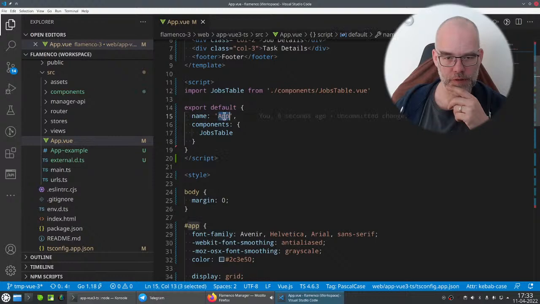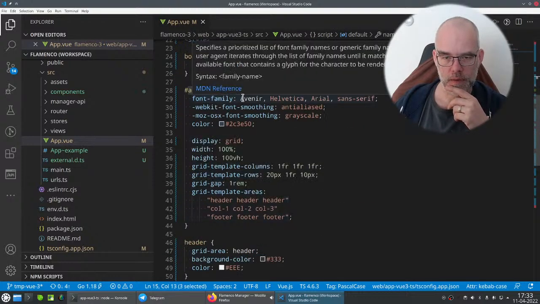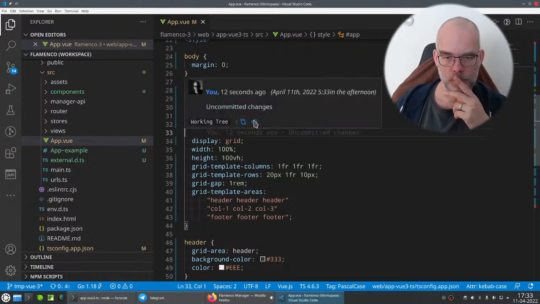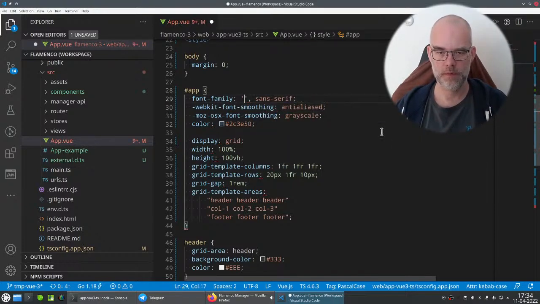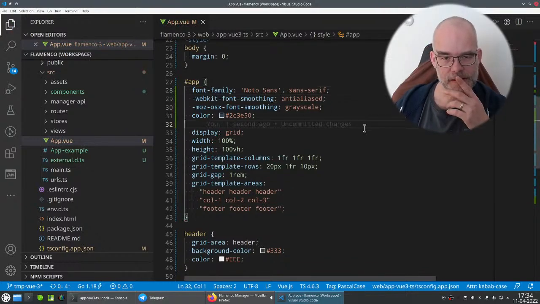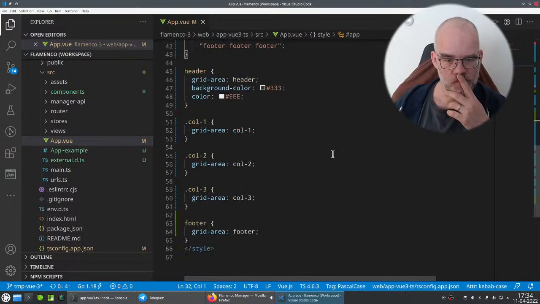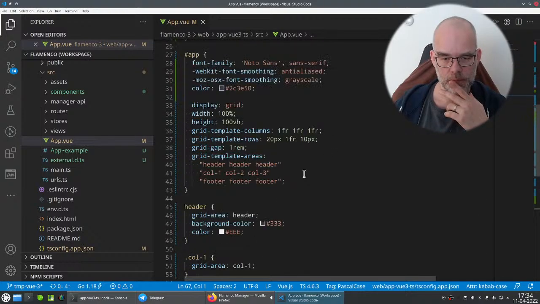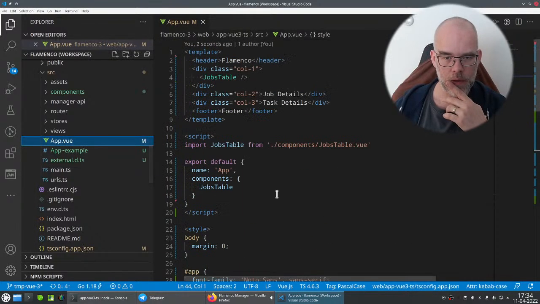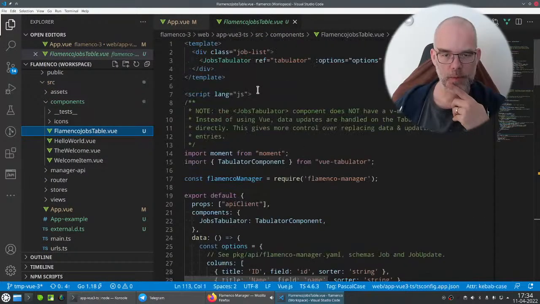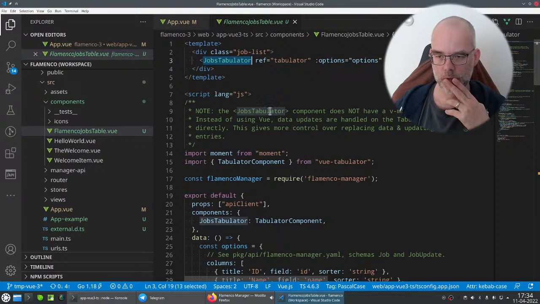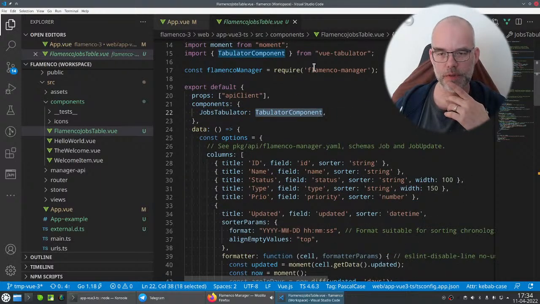So we're importing the jobs table. We have an app called app. Let's go for load of jobs instead. And then you set up a grid system. We have the Flamenco jobs table, which has a jobs tabulator defined here as a Tabulator component, which grabs the Tabulator component from vue-tabulator. So we have to